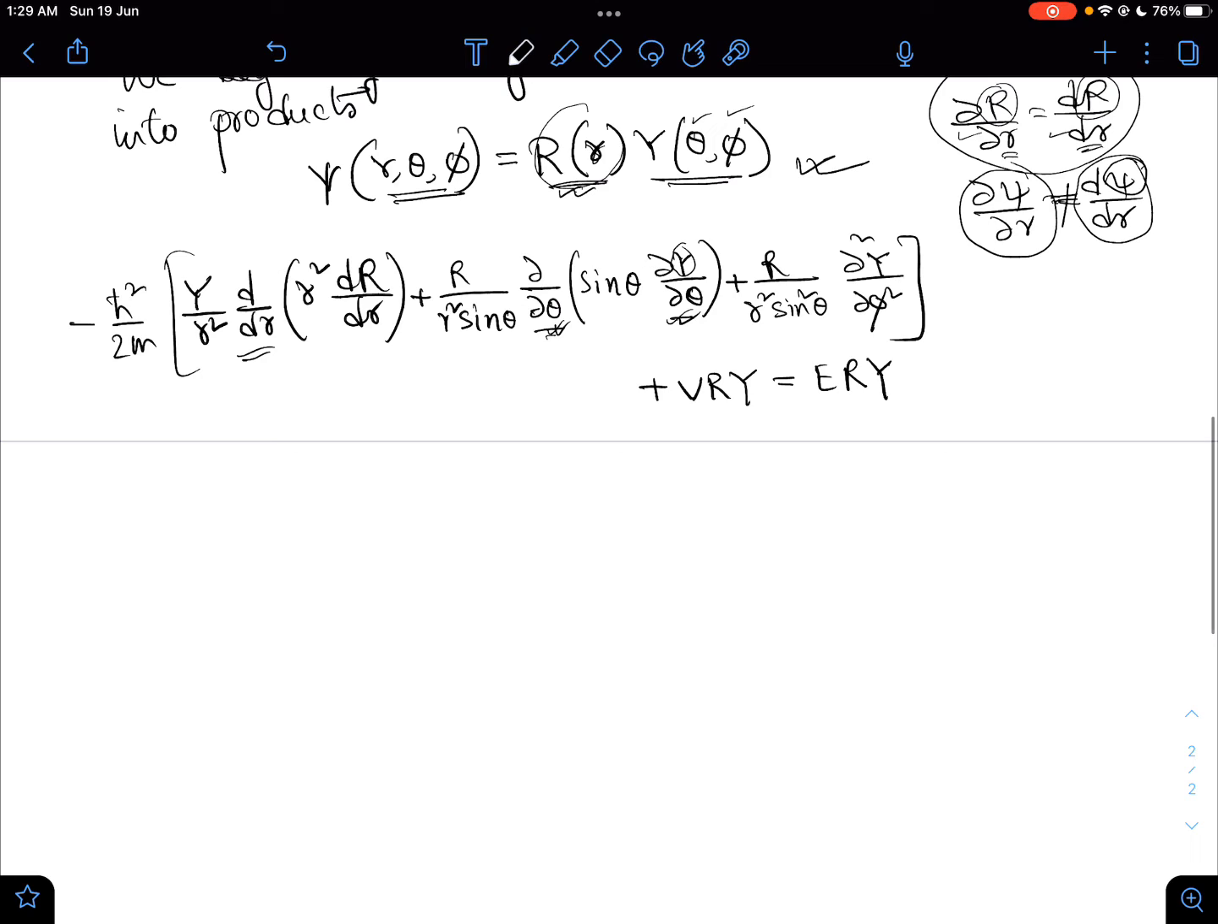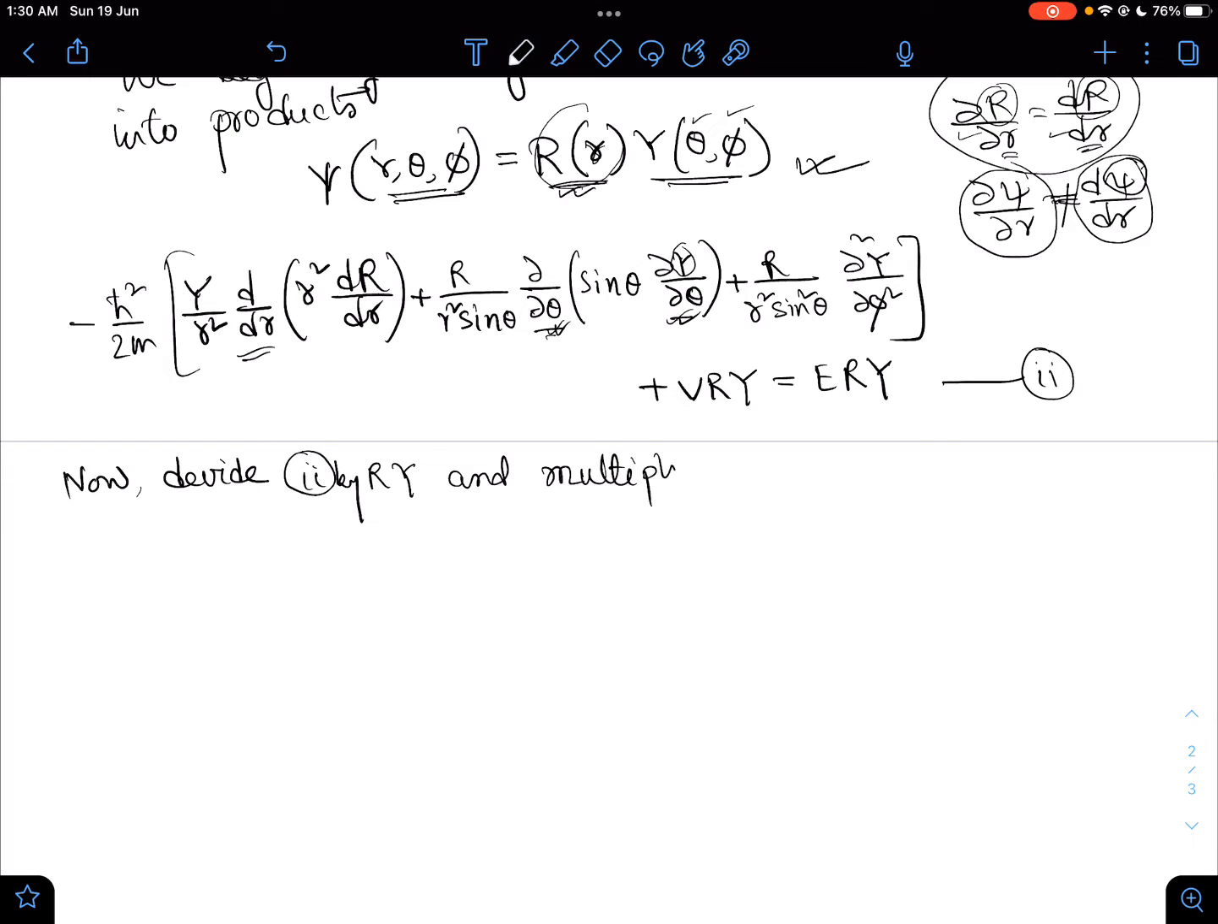So this is what we get from our Schrodinger equation. Let us denote this by 2. Now we divide equation 2. So what can we do? We can divide it by R Y, and we are multiplying it by minus 2m r square by h cut square. So if we do this,